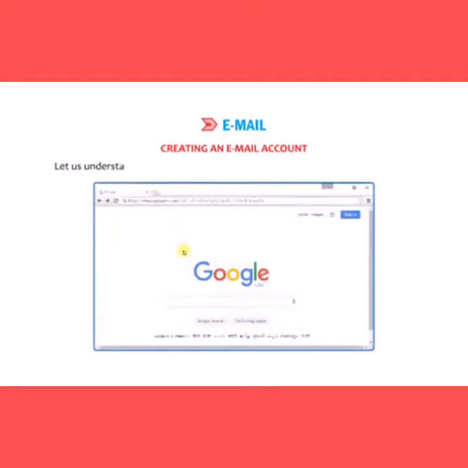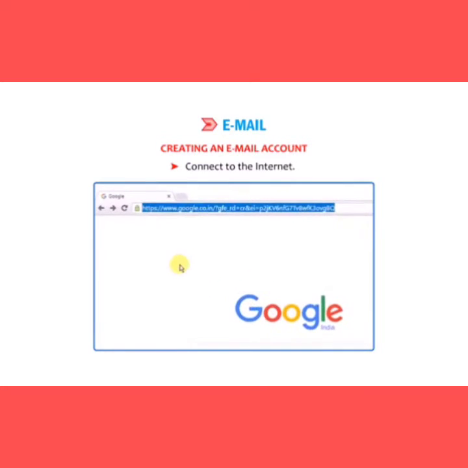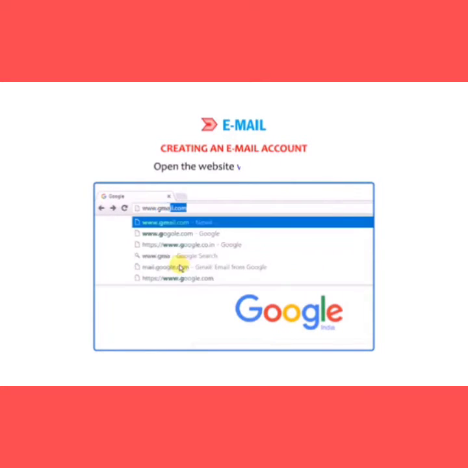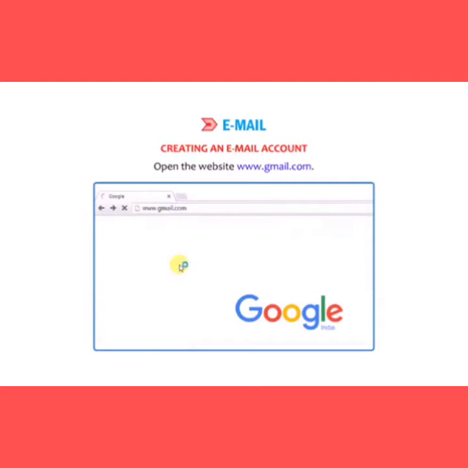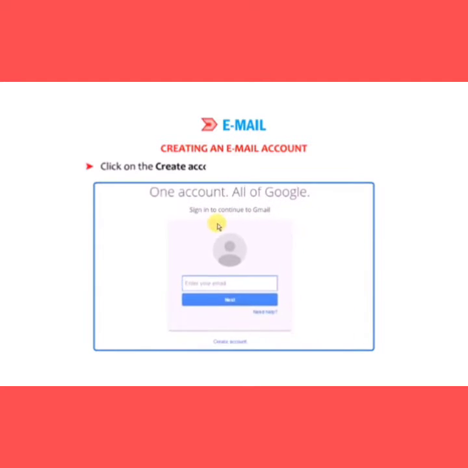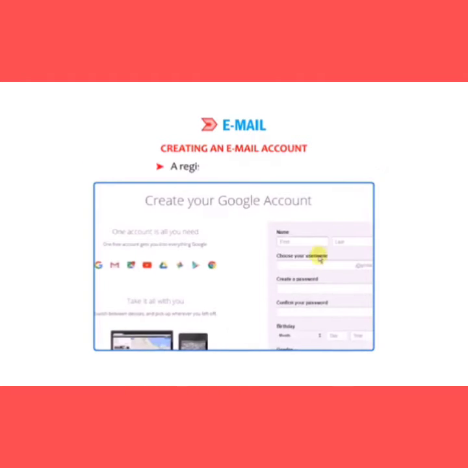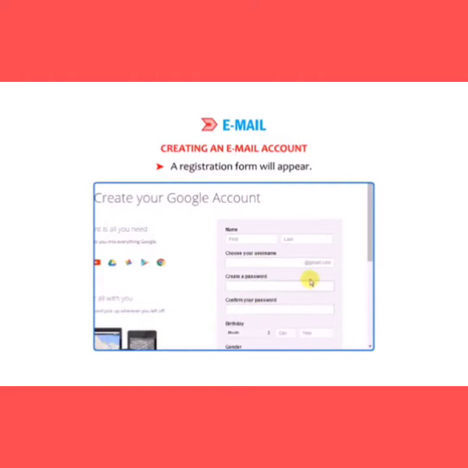Now, creating an email account. Let us understand how to create an email account and get your email address. Connect to the internet. Open the website www.gmail.com. Click on the Create Account link and proceed to the next page. A registration form will appear.